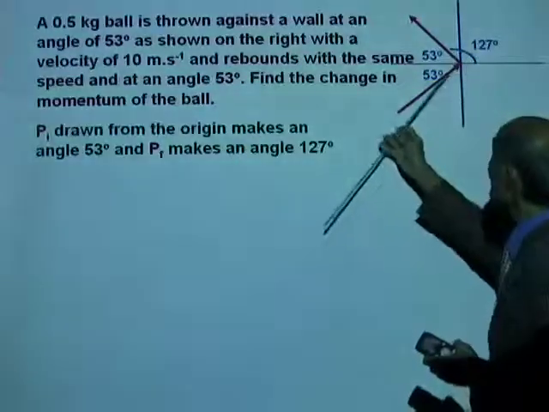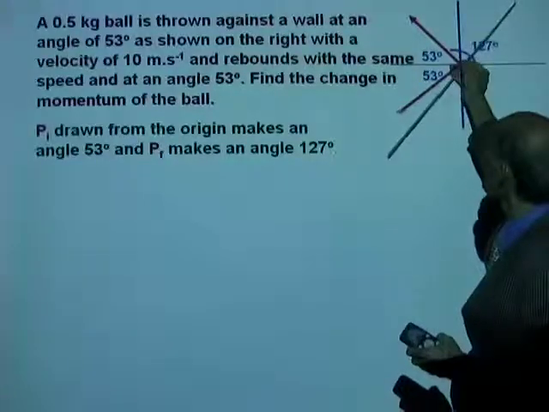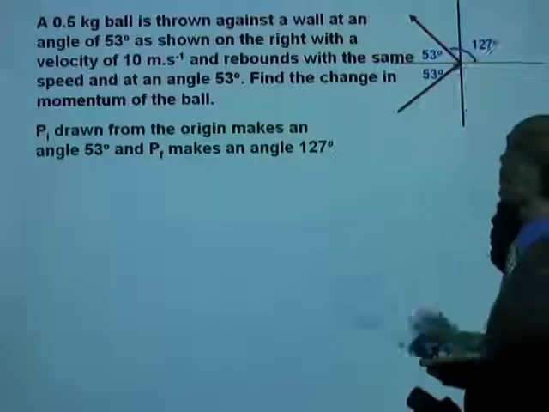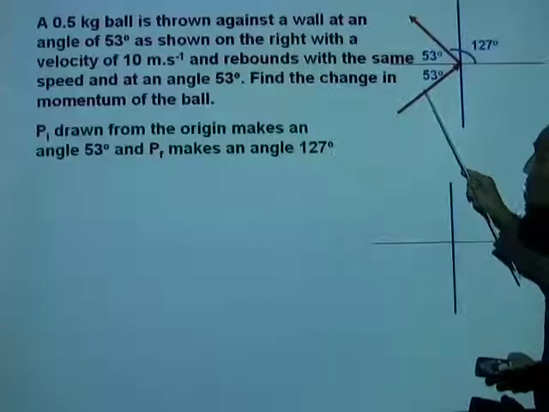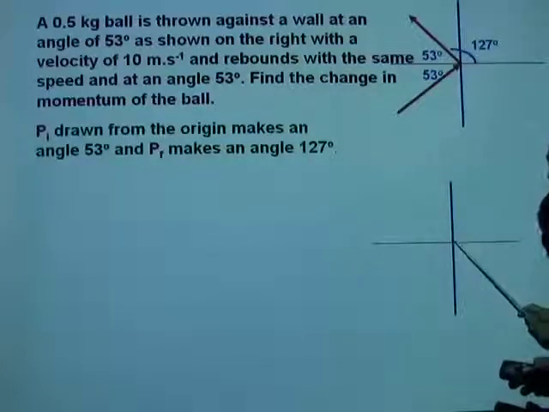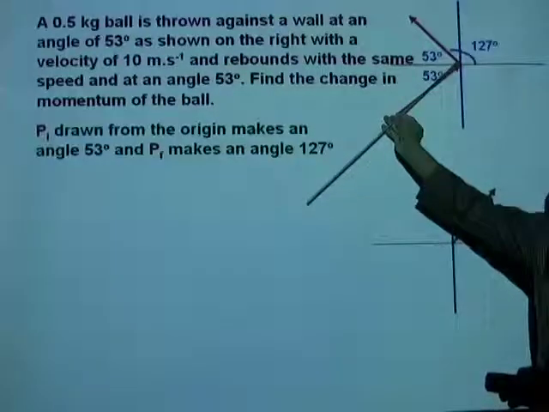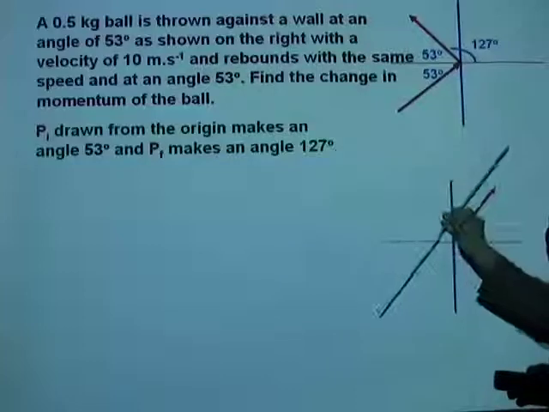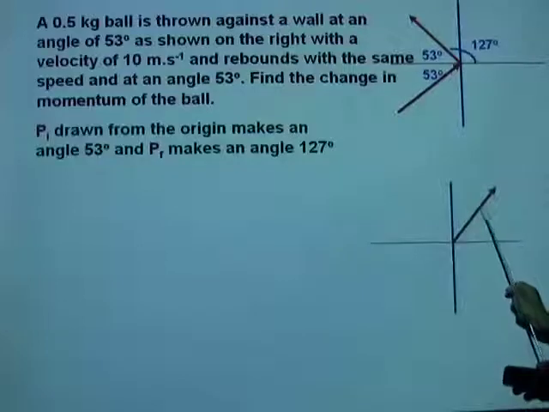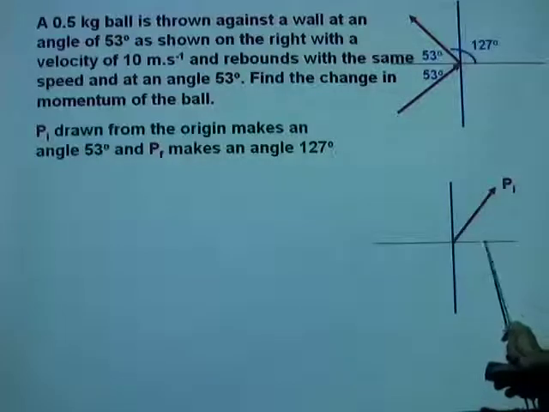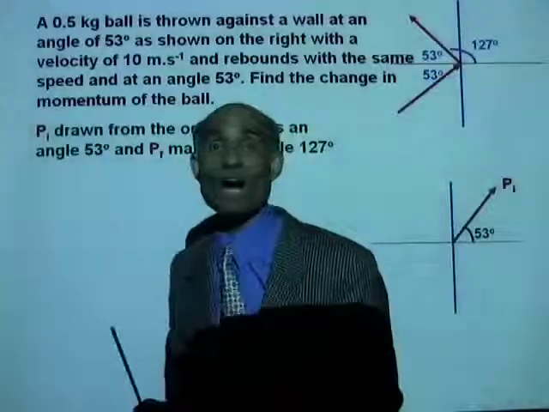Now, if you can draw both vectors from the origin, in order to do that, all you need to do is translate this vector so that its tail is now on the origin. Now, I'm going to draw that over here. So, where will this vector be drawn? It will now be this vector. You see that? As long as the length and the direction remain the same, these vectors are the same. It is simply translated. So this is the initial vector Pi that makes an angle 53 degrees with the positive